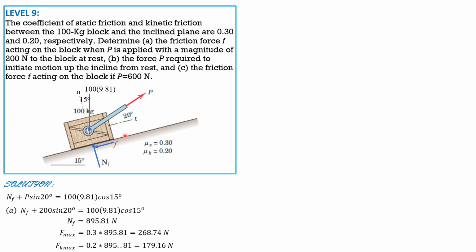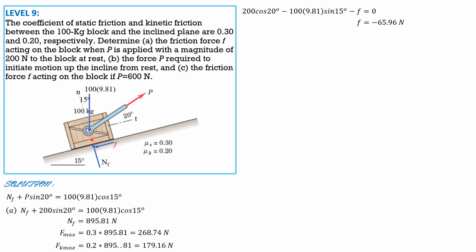So we can now solve for F by summing up forces along the tangential axis equals 0. So 200 cosine of 20 degrees minus 100 times 9.81 sine of 15 degrees minus F equals 0. Solving for F, F is negative 65.96 newtons, so that means F should be in the opposite direction. And because F is in the opposite direction and it is only 65.96 newtons, which is less than F max,